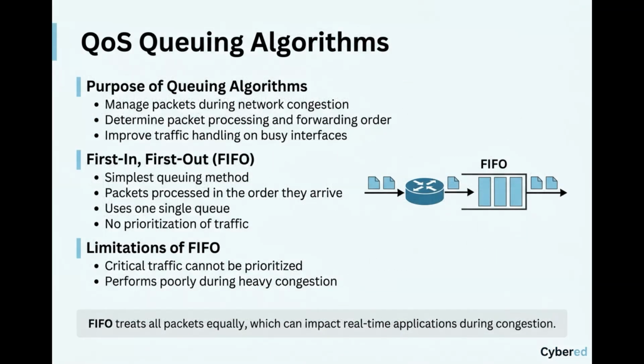Network devices use queuing algorithms to determine how packets are processed and forwarded when multiple packets arrive at an interface. These algorithms help manage traffic during periods of congestion. First in, first out is the simplest queuing method. Packets are processed in the exact order they arrive, following a first come, first served approach. There is only one queue, and all packets are treated equally with no prioritization. While first in, first out is simple, it does not perform well in congested networks because critical traffic cannot be